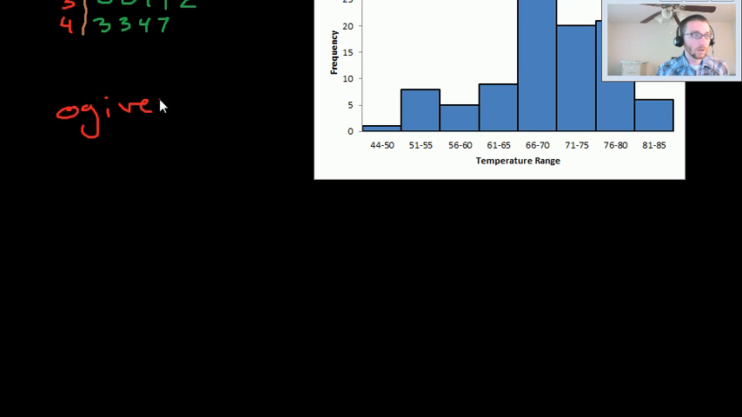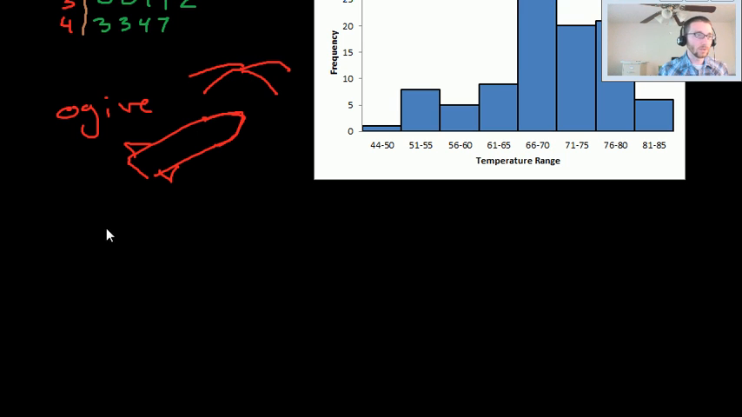Ogive, which apparently is also the shape of a torpedo, or a missile. This kind of curvy arch. And if you've ever been in a cathedral that has arches shaped like that, that's also called ogive. Anyway, in an ogive, what it has is temperature, or whatever, it has your category, your variable,